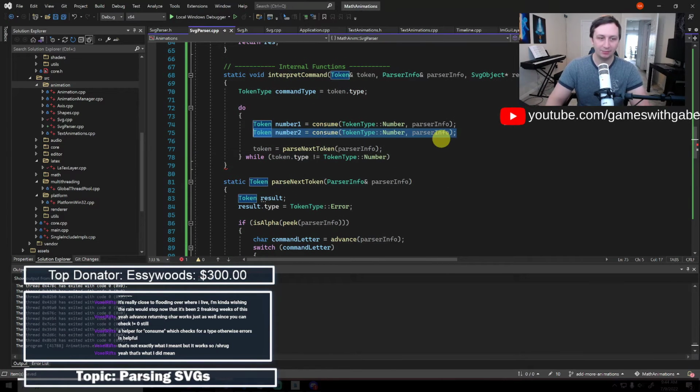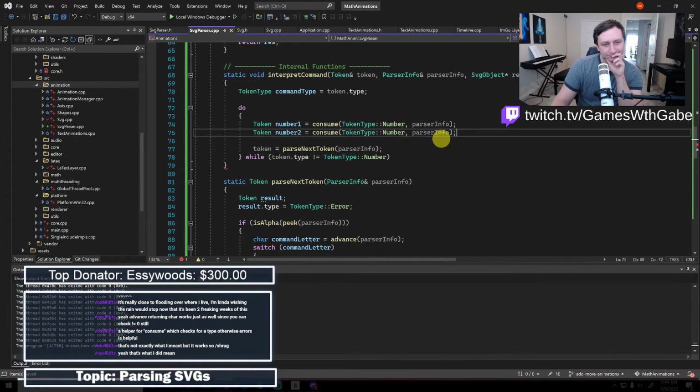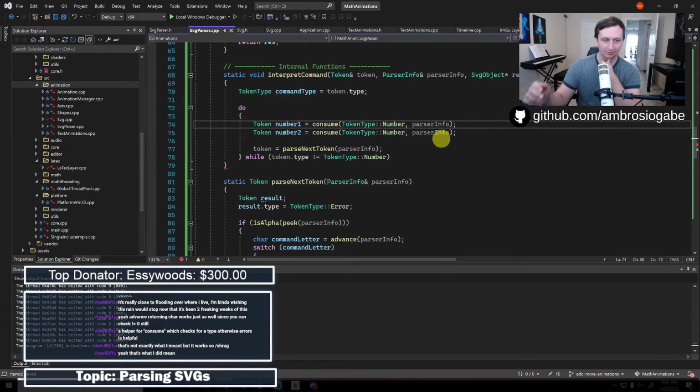So then this would end up being like end of file. Well, how do I want to error stuff? Because basically if either of these aren't the correct thing, I want to halt execution, get out of here. I'm trying to think of what the best way to do that would be.